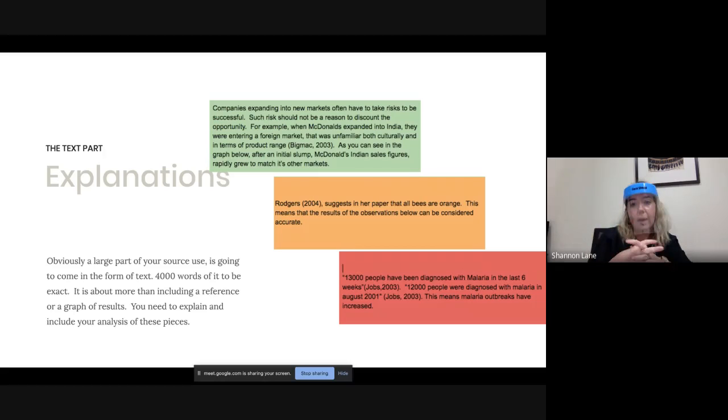Companies expanding into new markets often have to take risks to be successful. Such risk should not be a reason to discount the opportunity. That's my point, okay? Now, my question when I wrote this, as I was imagining all these scenarios, was probably